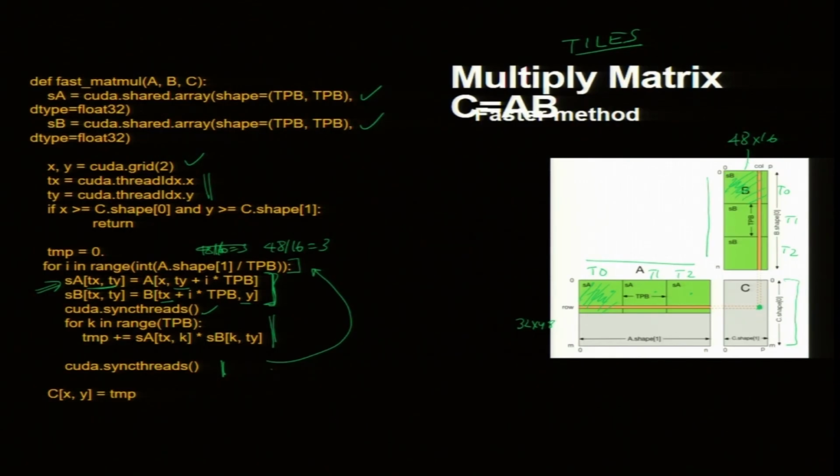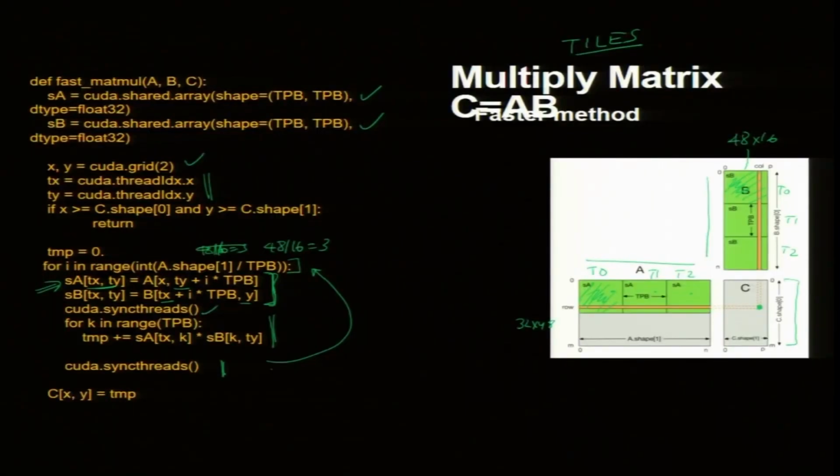Then what is going to happen when i goes to 1? So, x is shifted now. Sorry, x is not shifted; Ty is shifted, and I should not say that. So, my position in A will be shifted. x is fixed here for a given thread. For a given thread, x is fixed. Now, this Ty and this Ty are different. It is shifted by 16, correct, because I am just adding this 16. So, now I am filling T1.